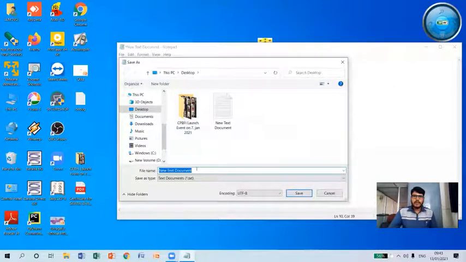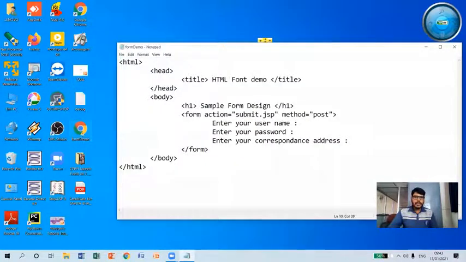I'm going to save on desktop here, as form demo.html. Now I'm going to click on save, and you can see here on the desktop it has created form demo HTML.